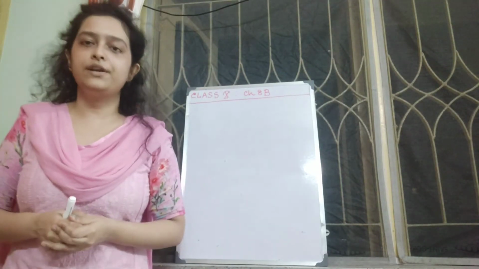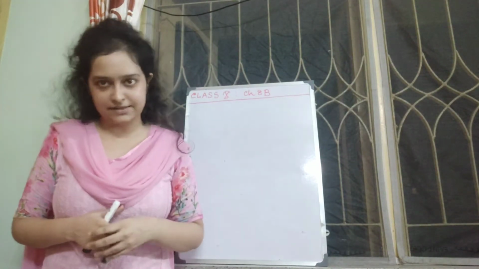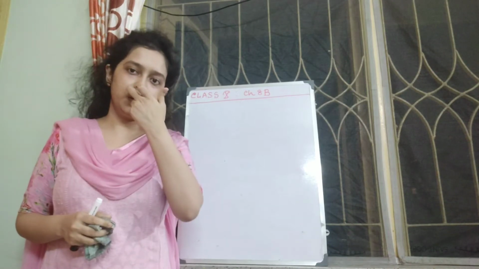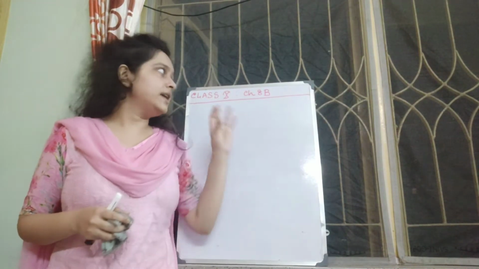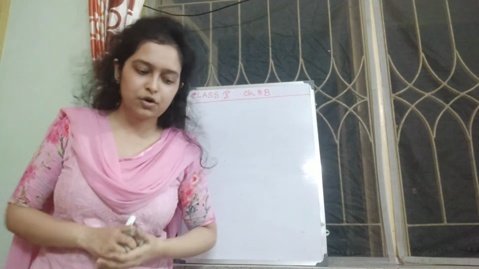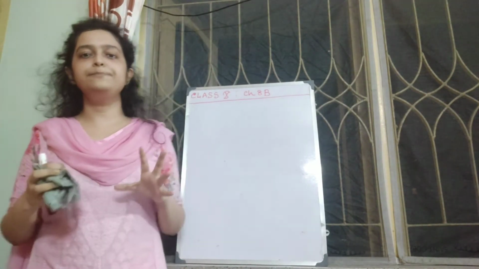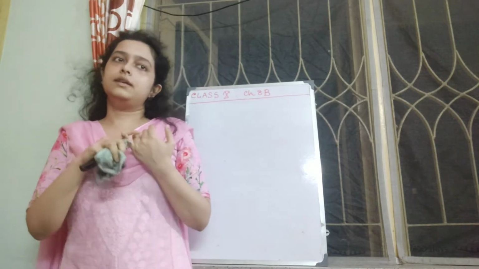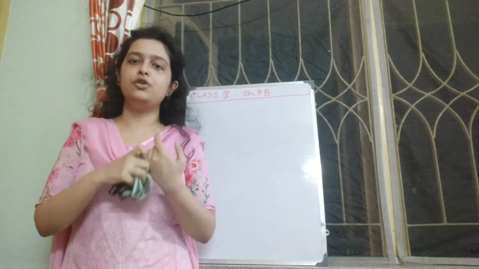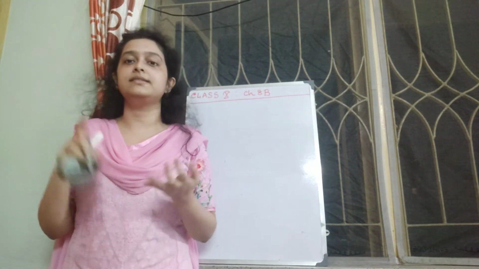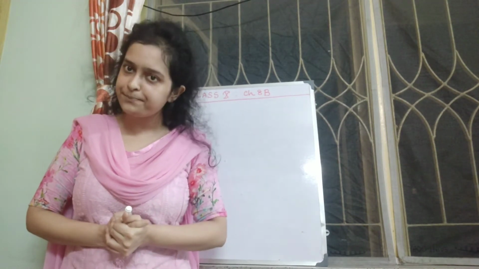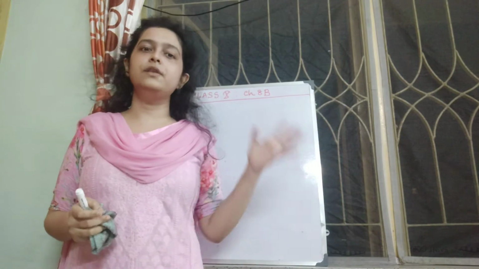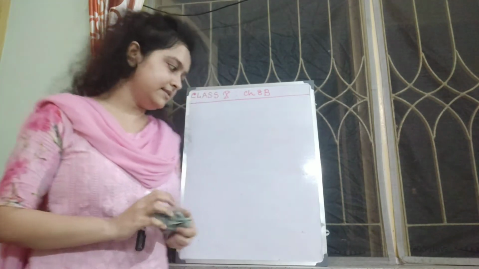Class 10, we have already started with chapter 8, current electricity, right? So today we have finished 8A, so let's start with 8B. Our first topic will be the EMF. We'll learn about EMF, what is terminal voltage, what is internal resistance, okay? And after that we'll move on to the combination of resistors.